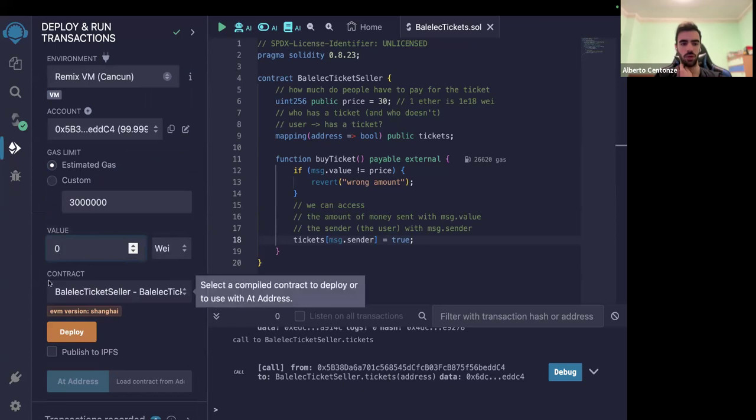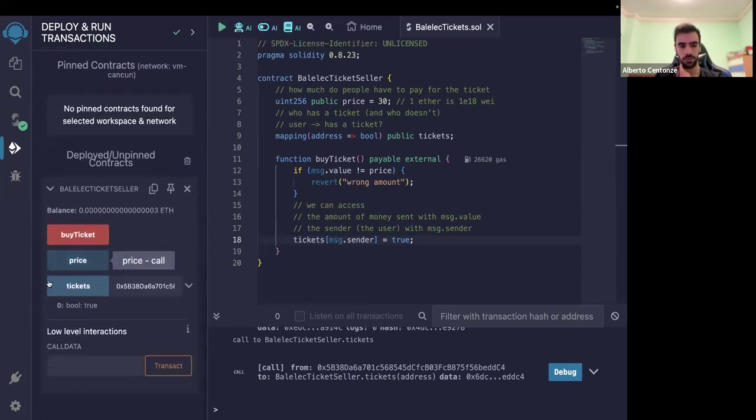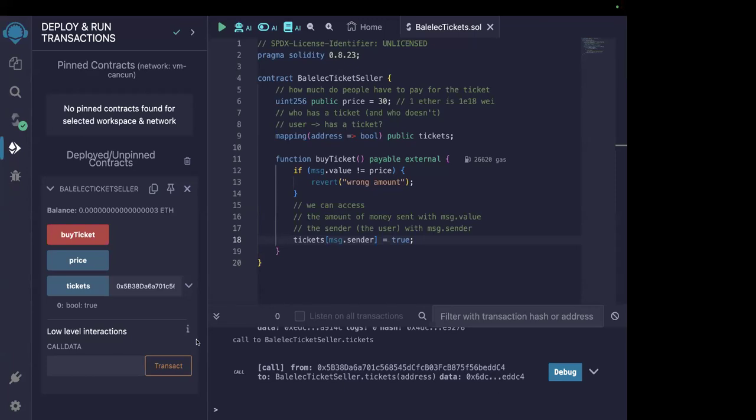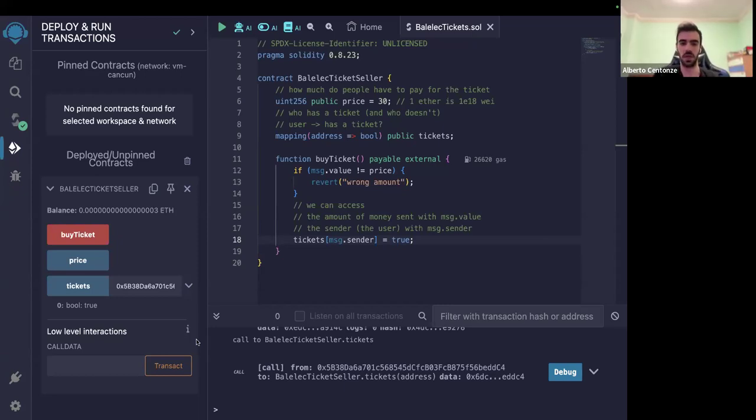So did everyone manage to reproduce? Yeah, should be good. Okay. So, okay, we already got so far. Honestly, if you were to stop here, we would already have a functional ticketing system. The money would be lost because we have no function to withdraw the money. But it would work, you know, you could check if someone actually spent some money to obtain a ticket.